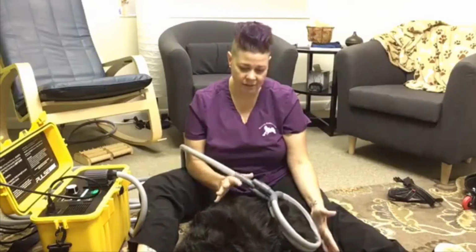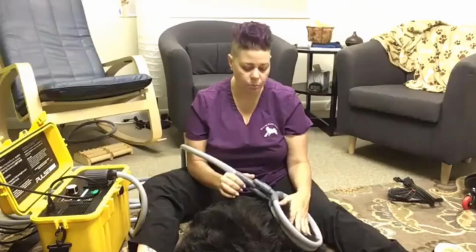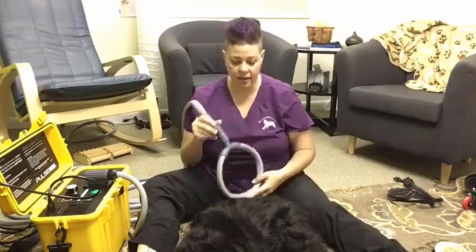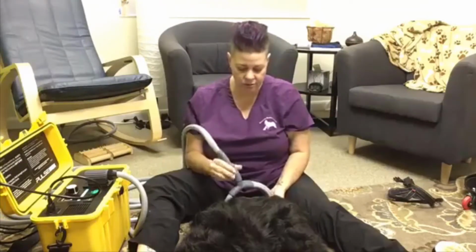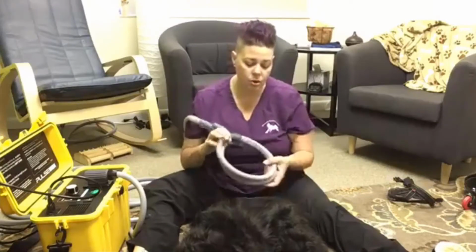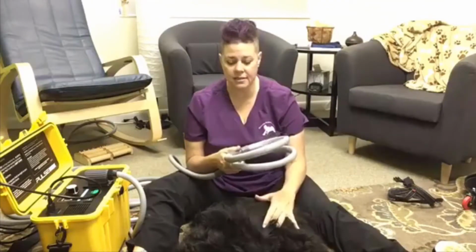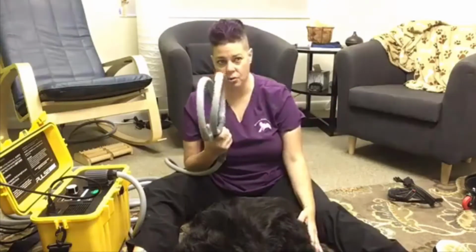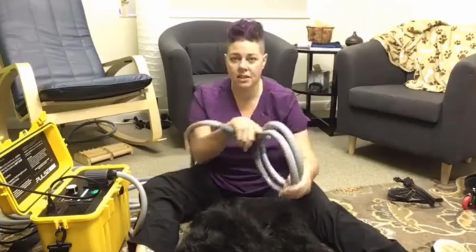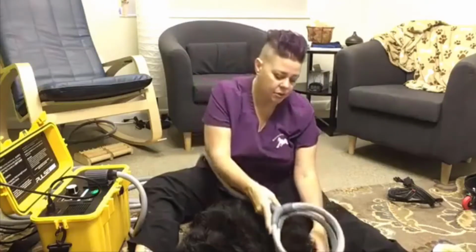So she laid down. She's actually really liking this. And there's a couple ways I can go after this. I can, since she's still lying upright, sort of, not directly on her side, I can actually kind of fit the loops in to do her other hip. Or if I really want to target the psoas muscle underneath, we don't do this position on the horse because I think it would be too dangerous to get in that area. But just like we slip the loops up over the front leg on a horse,